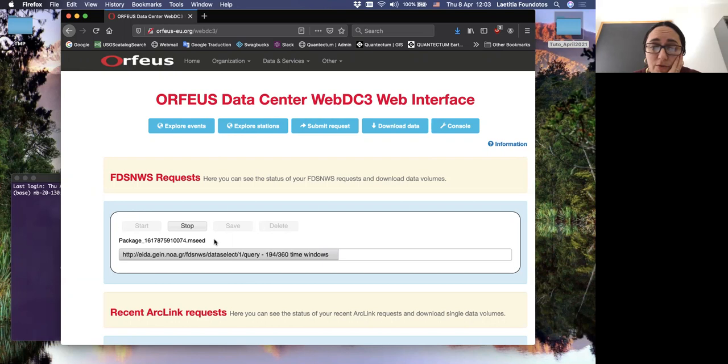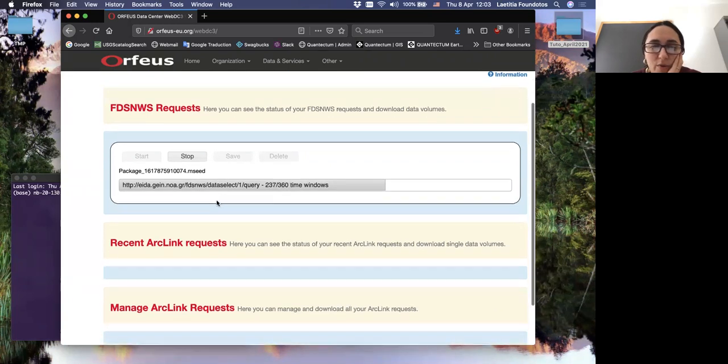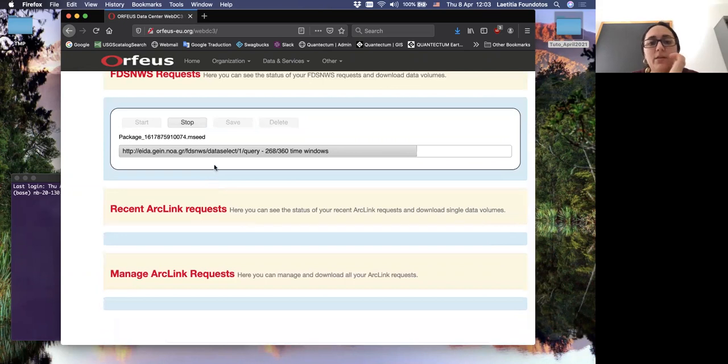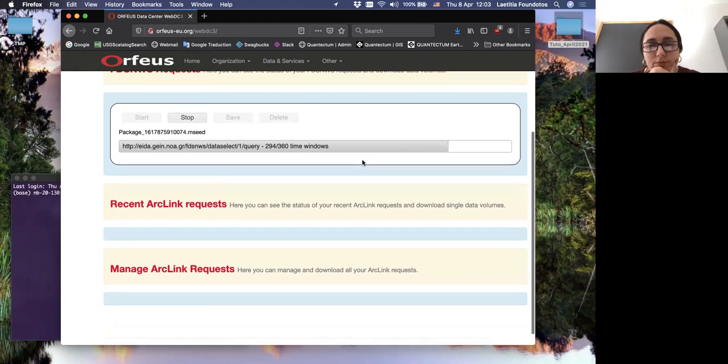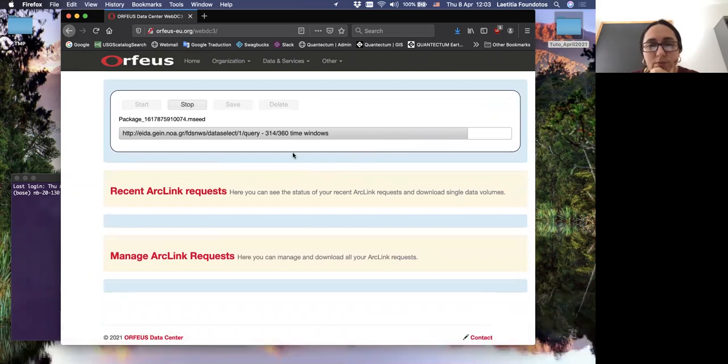It could be really useful if you want to do a proper analysis of your seismogram, but here it's a kind of reduced seed format, so miniseed only contains waveforms, not corrected for instrumental response. So just keep in mind if you want to use it. So it's almost finished, but let's just wait some seconds. Okay, it's almost finished.